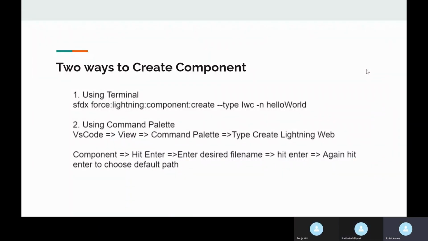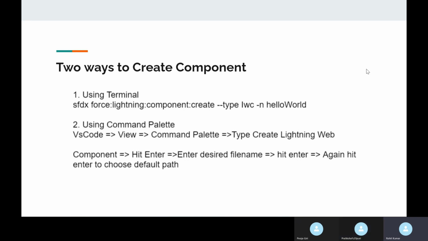Yes, Rohit. Okay, fine. So here you can see we already covered ways to create the LWC component, the naming conventions, how to create the project, and how to configure the scratch org, all of those things. Okay, so it's time to do the practical part and create our component.